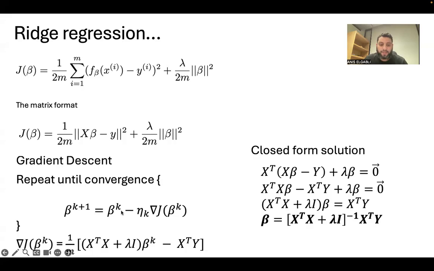And the good thing for ridge regression is that you also can compute the gradient at every point. It's differentiable everywhere, so we can compute the gradient. So we can also run gradient descent. Okay. But